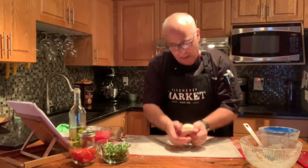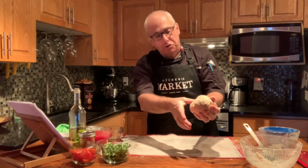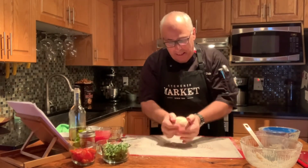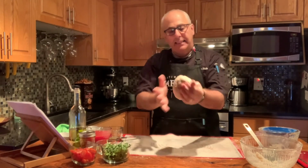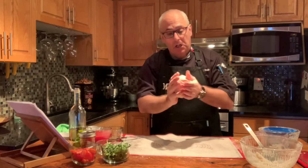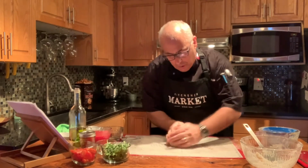Okay, so I've got my dough kneaded, and a way to tell if you've kneaded it enough is to push it in with your thumb, and what you should see is a very slow spring back, okay? That tells you you've kneaded your dough enough. Now, next we want to get it into a nice tight ball. This process helps us when we want to roll it out to make that pizza, okay? So just nip the bottom with your hands and then roll it back and forth so you get that beautiful